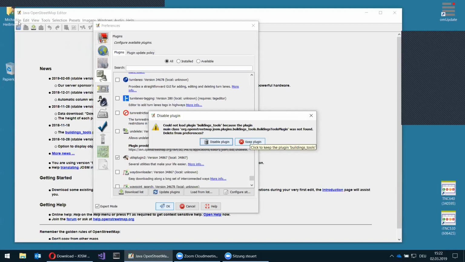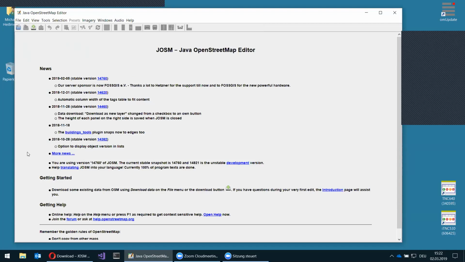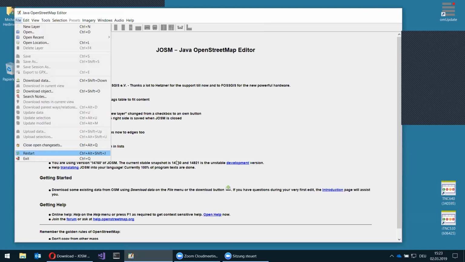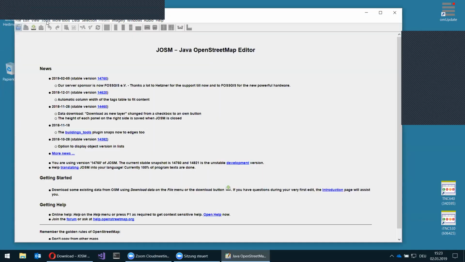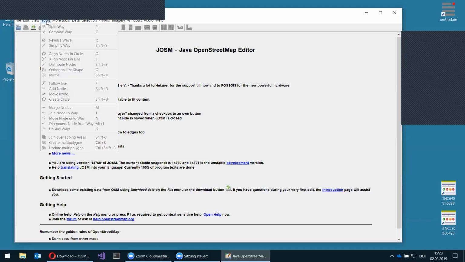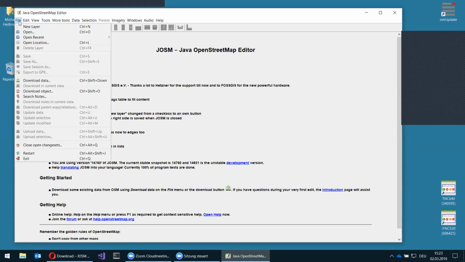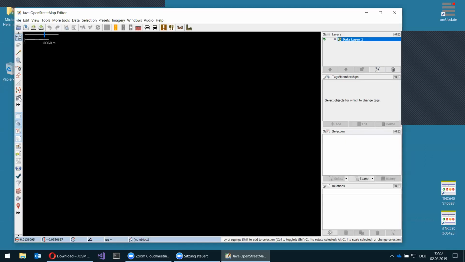We got that. I'll try and restart this. It's a bit weird. Okay, so I got the Buildings Tool plugin. No matter what went wrong here exactly,